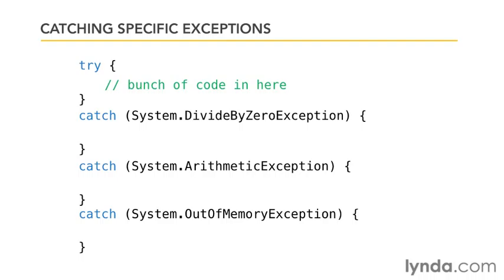So I've got a catch handler for an exception that's divide by zero. I've got a catch handler for an arithmetic exception. I've got a catch handler in case we run out of memory. There's all kinds of stuff that I can put here. And I could put a generic catch at the bottom of all this too that catches exceptions that don't get caught by these. So let's jump over to the code and see how we can handle catching specific types of